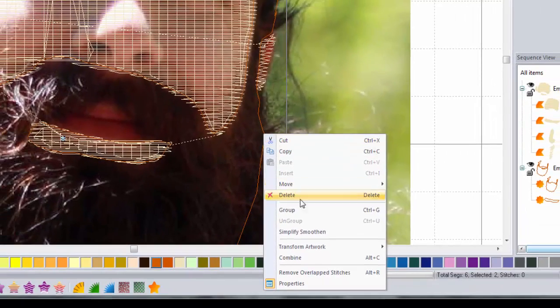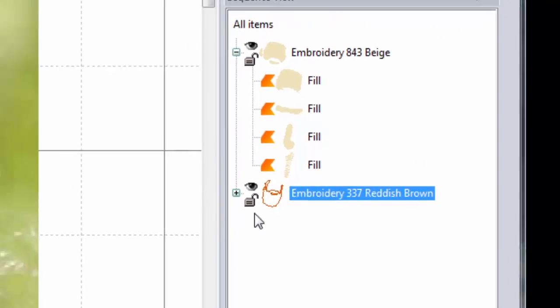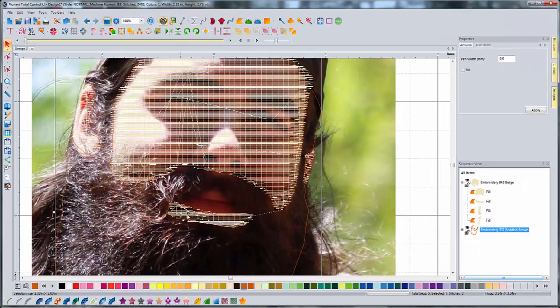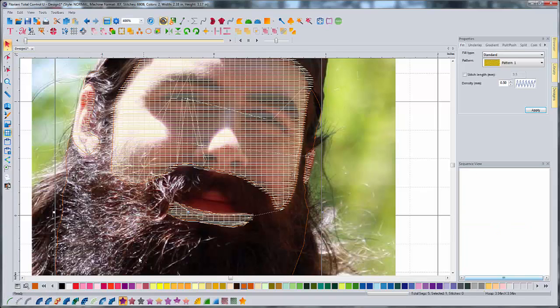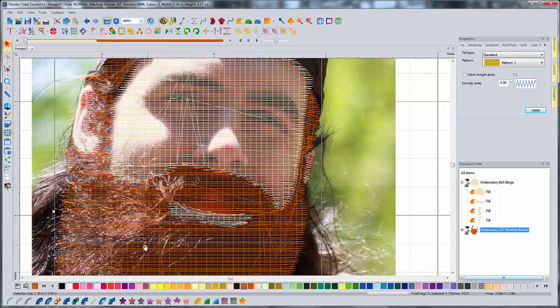Then I can move my mouse out here over one of the lines, right click and choose combine, and now my beard has a hole in it that this little patch of skin can poke through. Okay, so we're going to apply a fill stitch to this. All right, now my beard, the fill direction for this, I think should be going down and diagonally instead